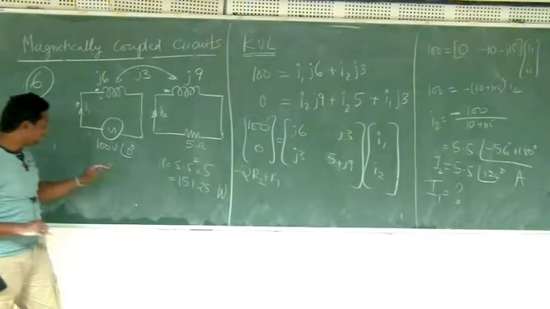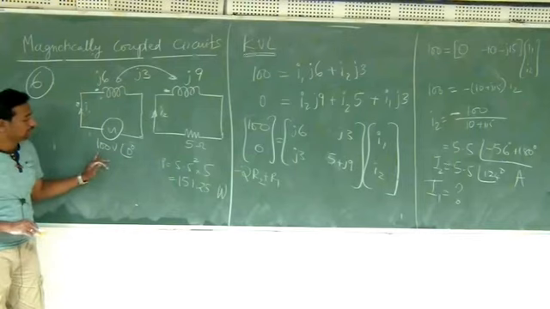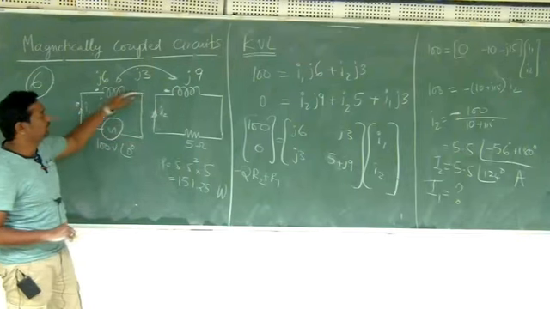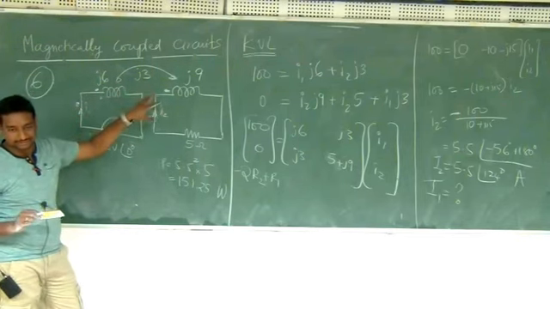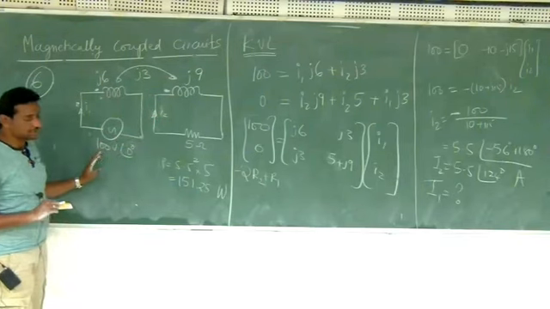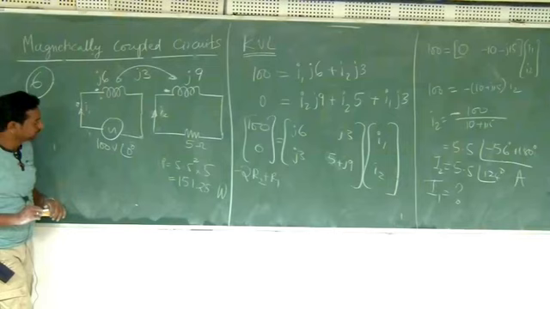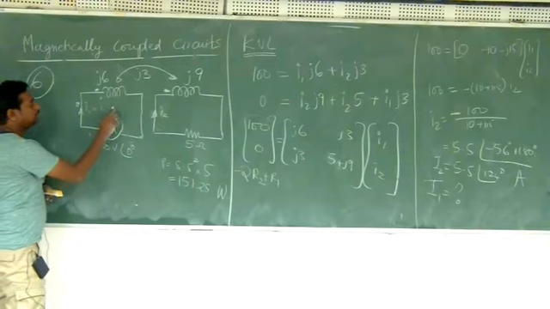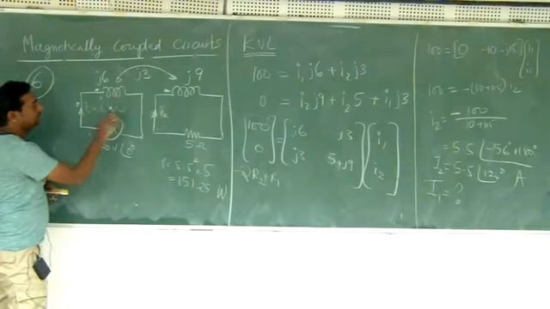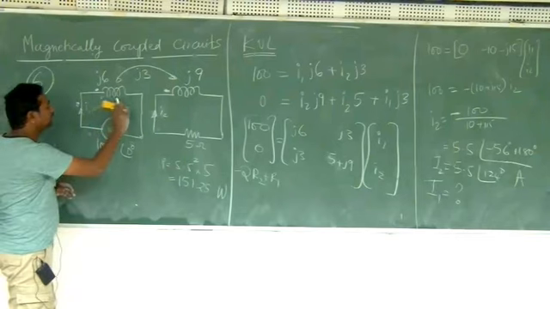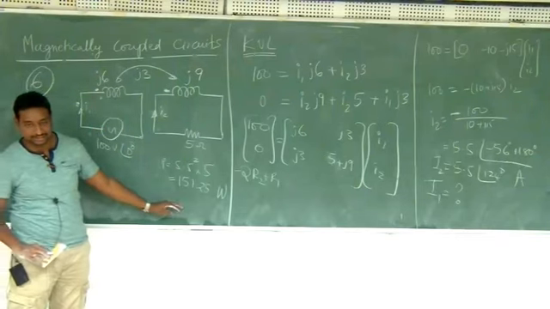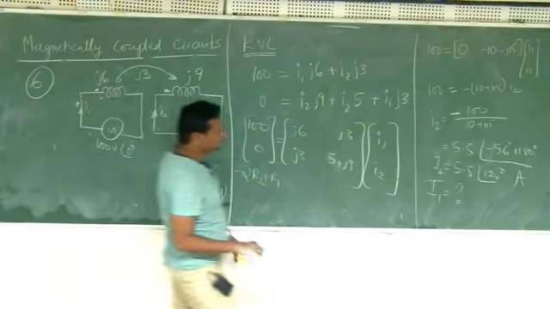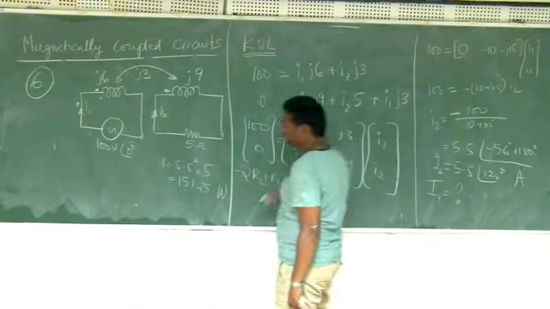Okay. Now at least I can find out what is the active component of the power, because there is no power loss here or in the core or whatever, because we are not worried about that. So at least the active current I can find out. Okay. That means this I1 will be I1A plus j I1B, whatever. It will be real component, reactive component. The real component I can tell. Just divide by 100 and take the square root. You will get it. So I'll leave it for you to calculate this one and let me know.